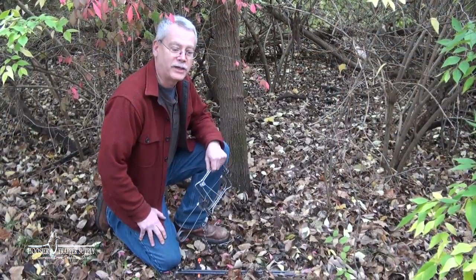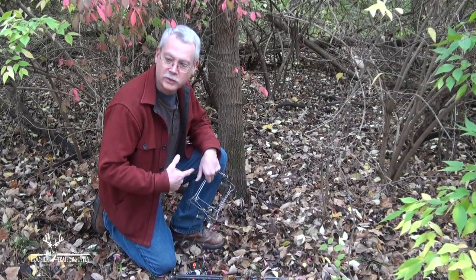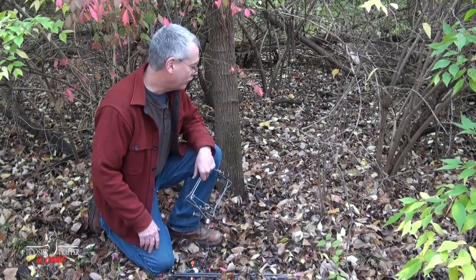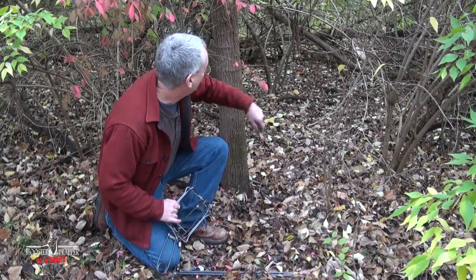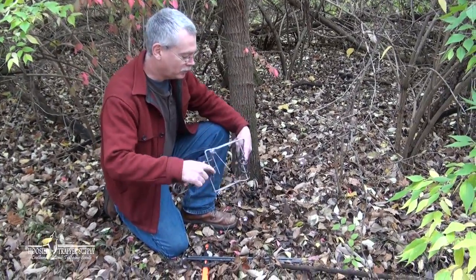All right, for this product highlight, we'll show a setup on the 220 body trap. We've got a trail here, and it's a little hard to see, but it's a pretty distinct trail. The leaves have been falling, so I don't know how well it'll show up on camera. Basically, the trail just continues on past Justin there and up into the woods here. We've got kind of a narrow spot here with this tree and a couple little shrubs and bushes, so we're gonna